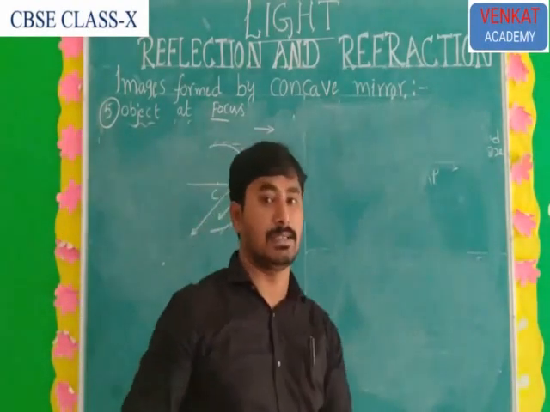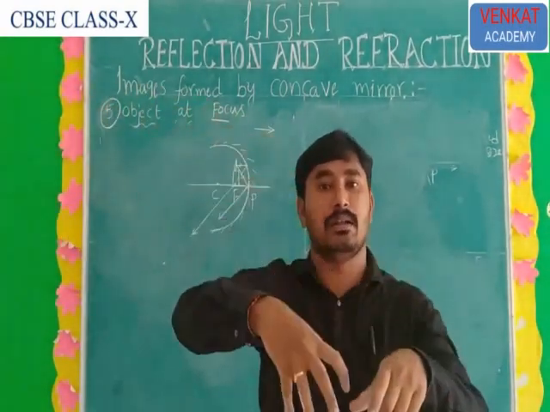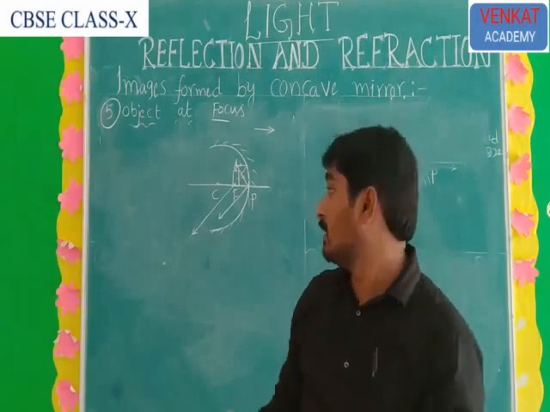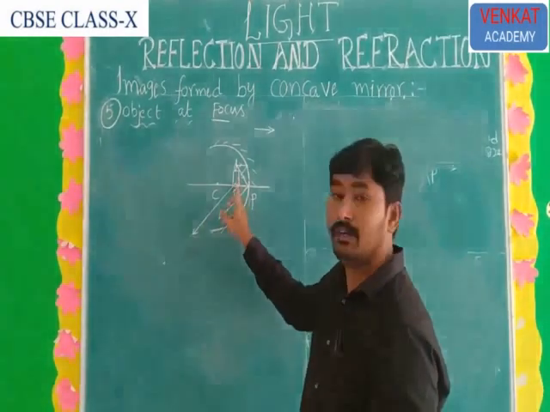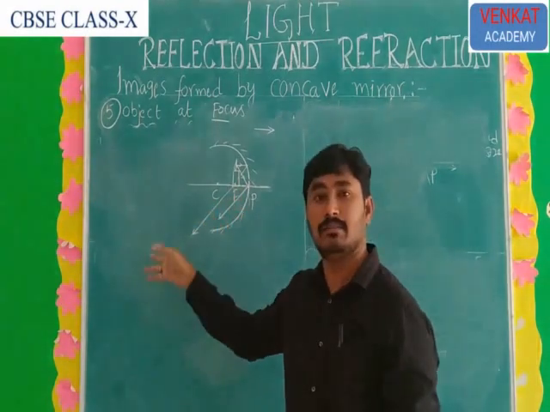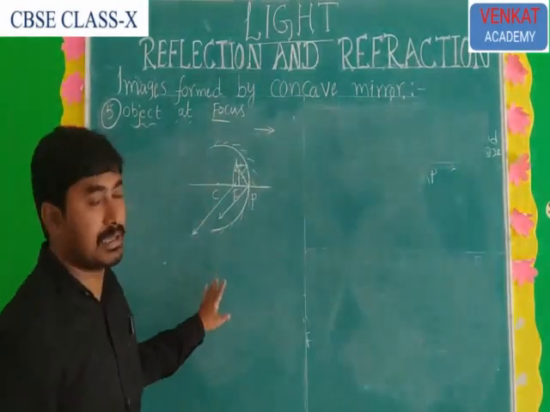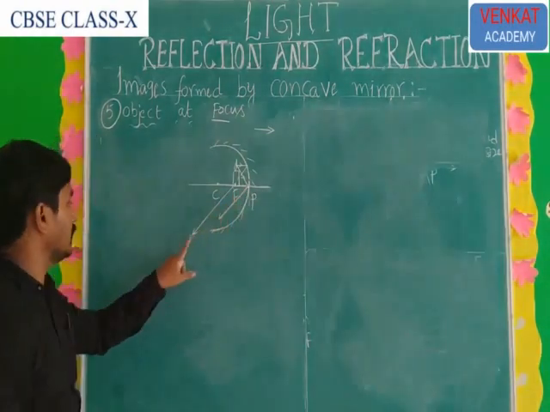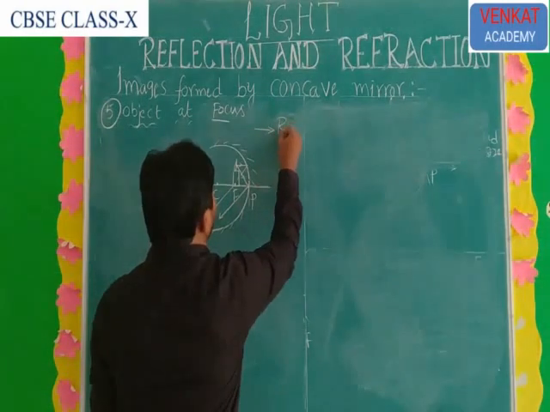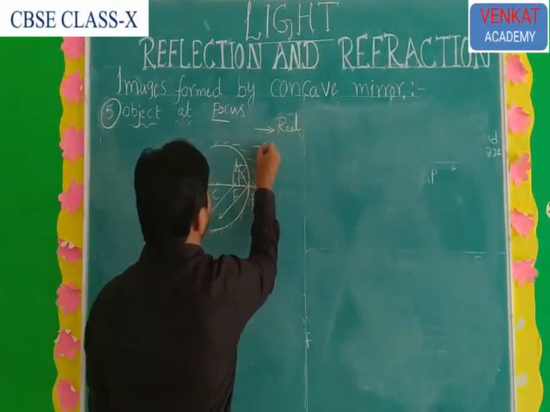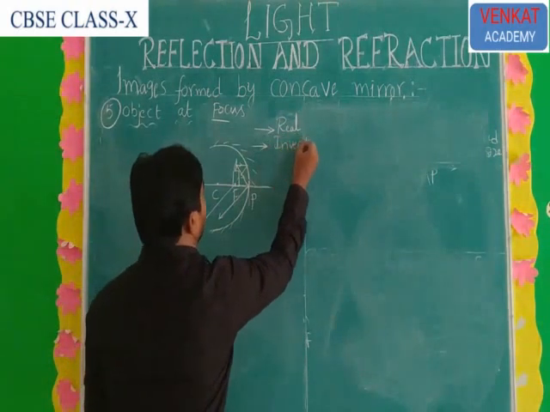You know very well what the first condition is. First condition: object at infinity, image formed at focus. So here the fifth condition is the reverse. Reverse means here the object is at focus, and the image is formed at infinity. Very good. Then what about the image nature? We must assume the two reflected rays meet at a certain place. That's why here the image is a real image. So real, then automatically the image is inverted.